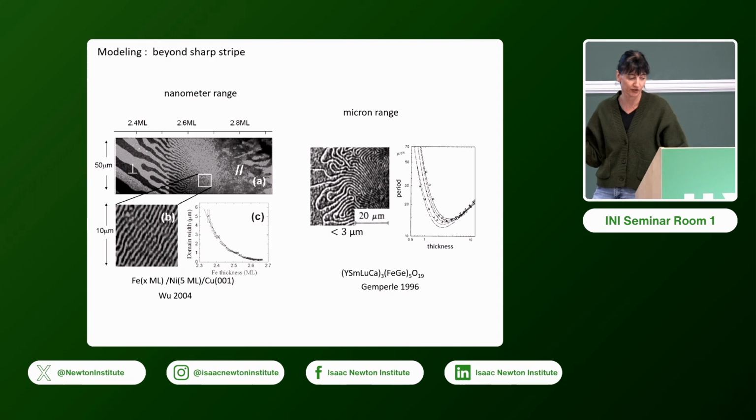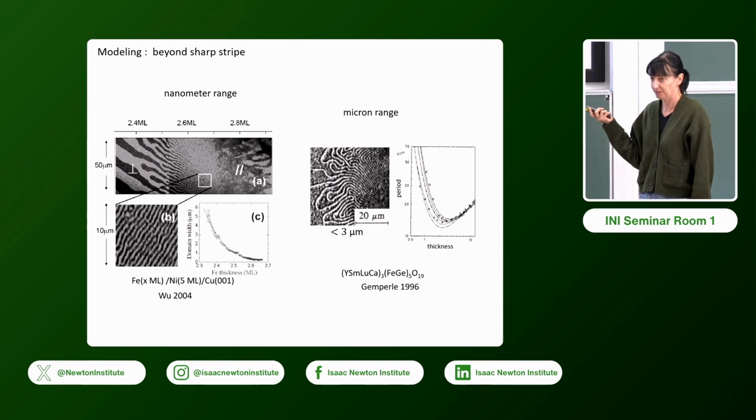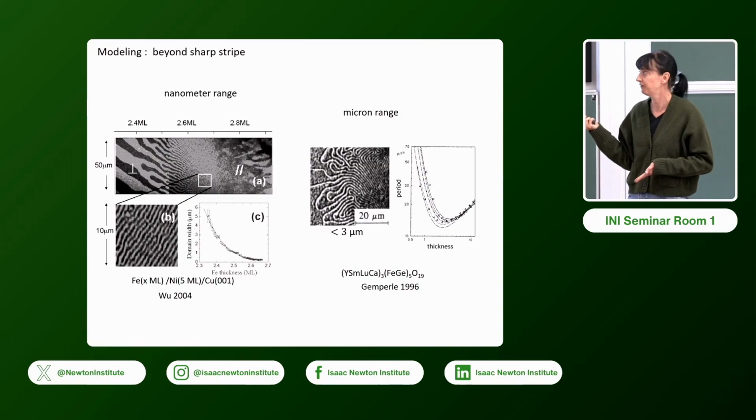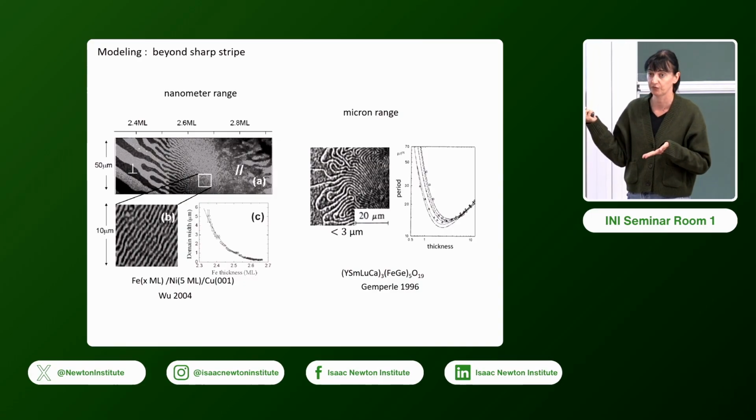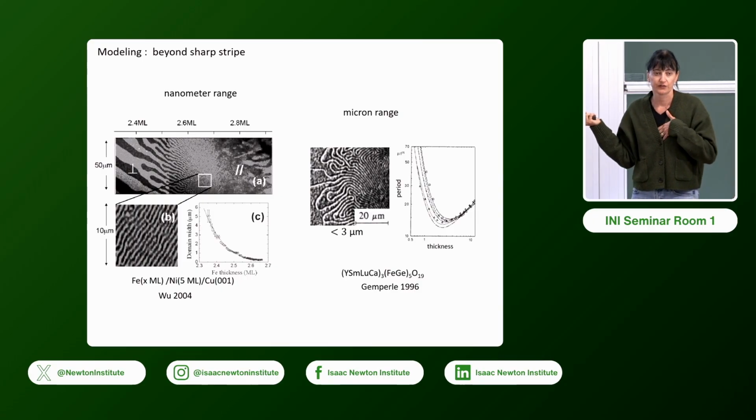And it turns out that indeed, experimentally, there are two regimes where we see this exponential, very fast variation of a stripe width. Here, what I was showing you was happening at the micron scale, but in the 90s, when